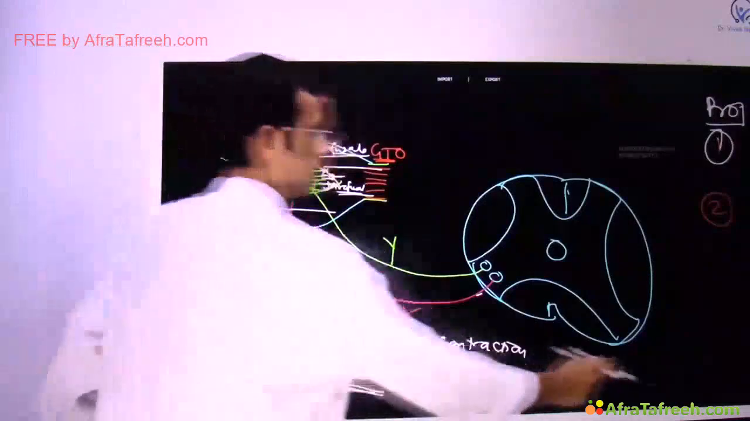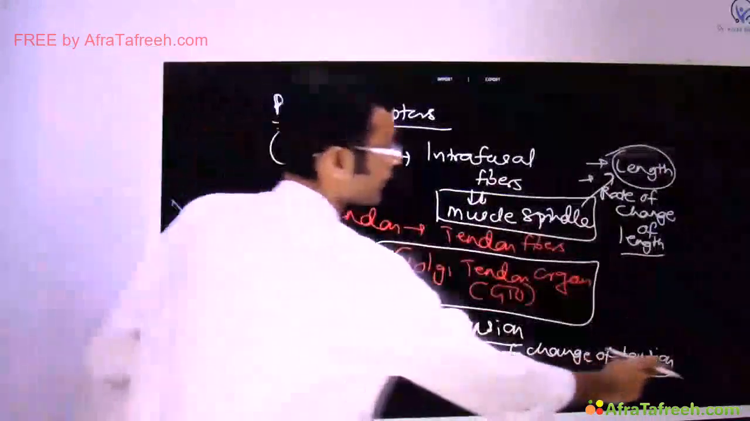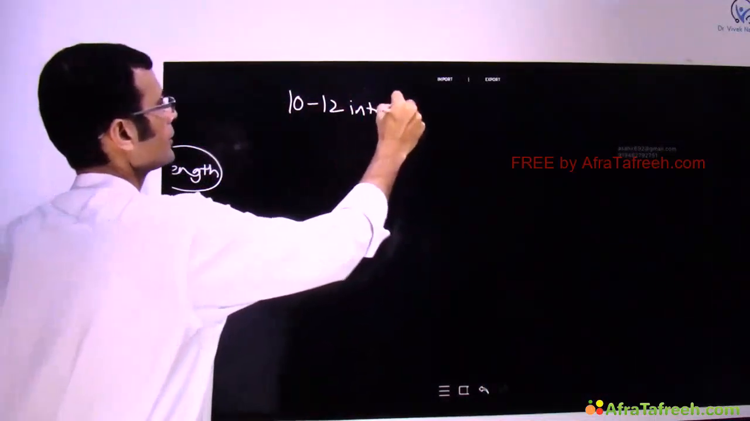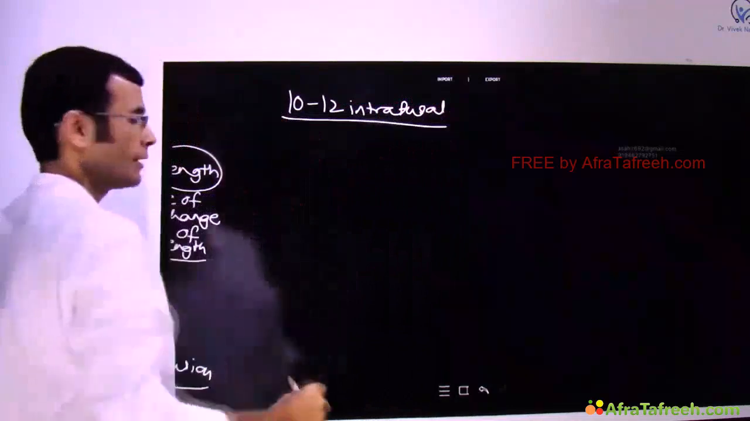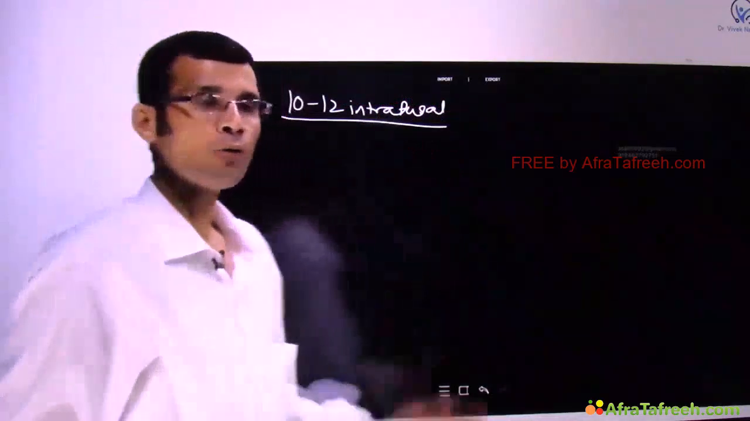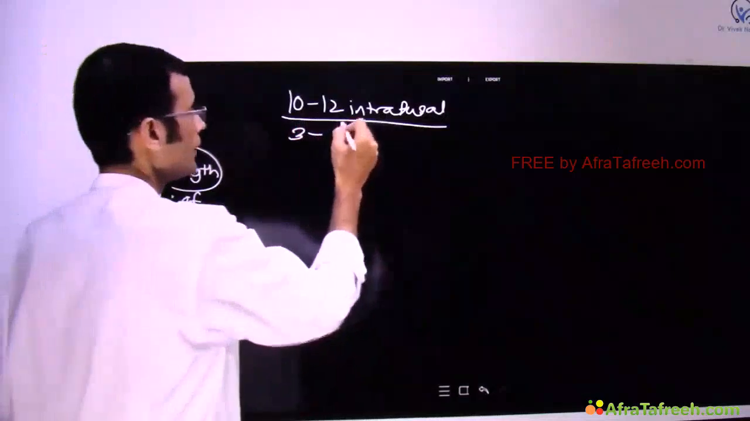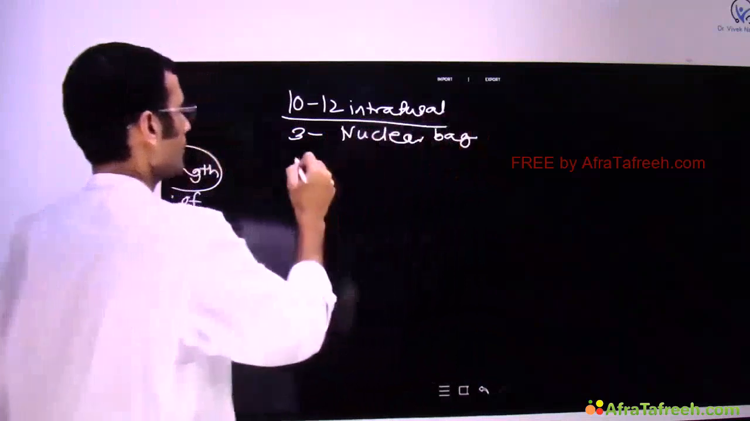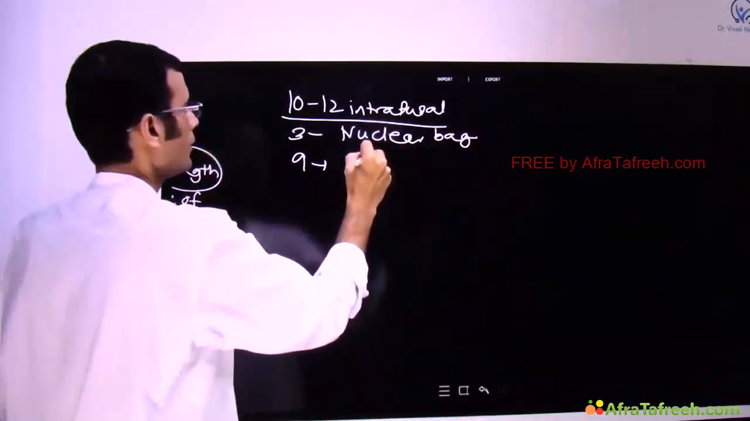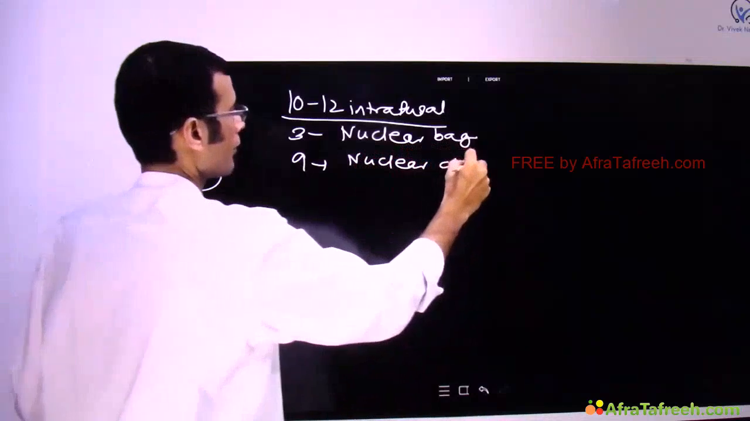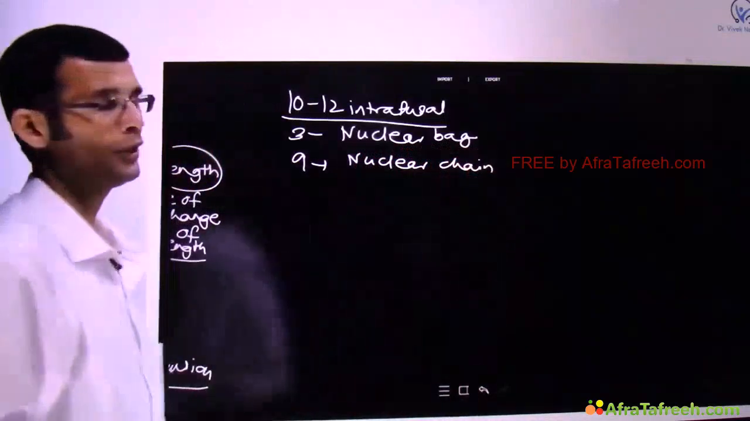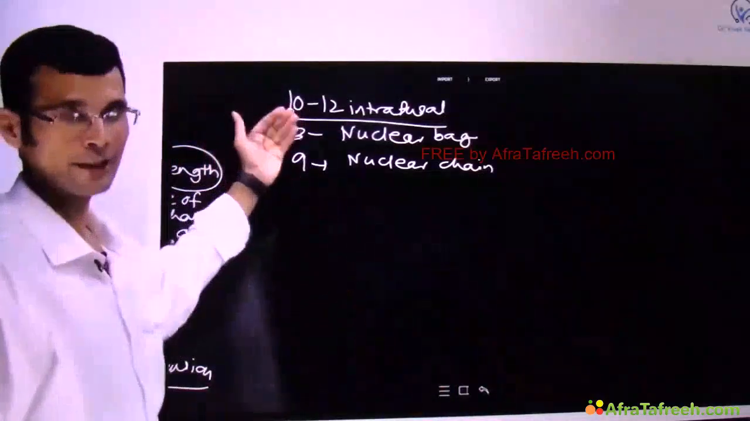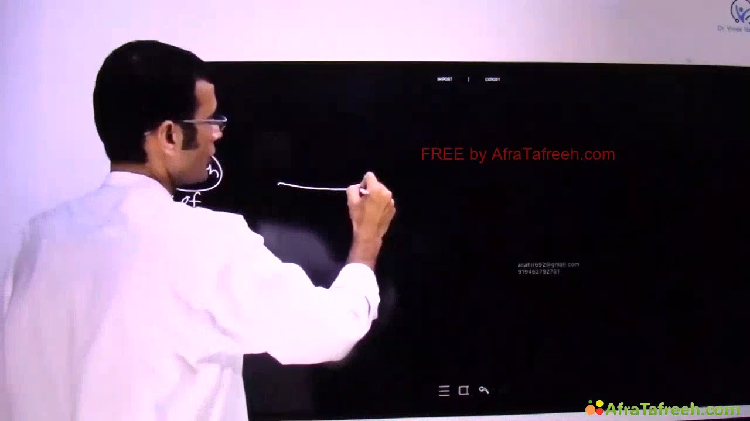First, the muscle spindle, which is made up of intrafusal fibers. About 10 to 12 intrafusal fibers make one muscle spindle. Out of these, 2 to 3 fibers are nuclear bag intrafusal fibers, and about 8 to 9 are nuclear chain intrafusal fibers. So, in a muscle spindle, the ratio of nuclear bag to nuclear chain is 1:3. If we look at the structure in detail,